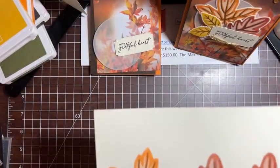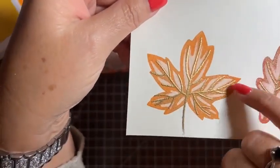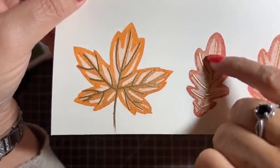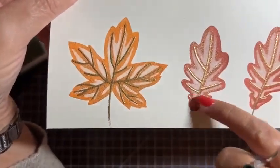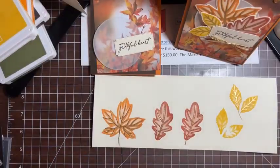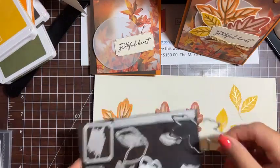Okay, they look good. Let me hold it up a little bit close. You can see a little bit of the gold tiny bits on the outside, which I think just looks really pretty, especially here. You can see it on this one, how there's just little bits still, which I think are really pretty. Okay, then we're gonna go ahead and take some more dies, and they just fit right on like